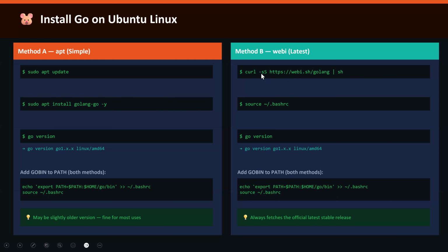You could type in -s, which means silent, and the uppercase S is for scripting. So you could just say curl https webi.sh, like you see the .sh golang. This is already written on their web server, which is webi.sh and golang. This URL is going to be run, then it's parsed to this pipe,